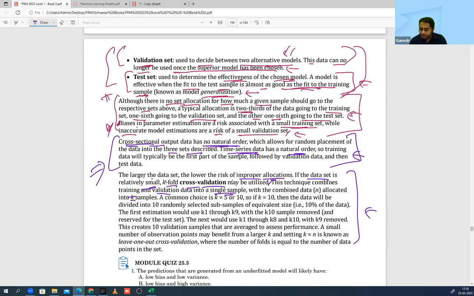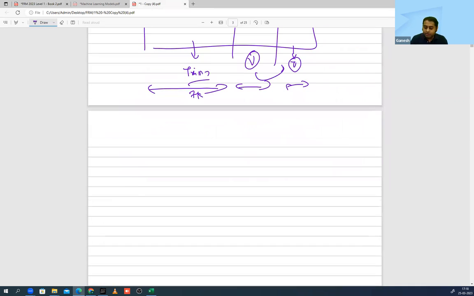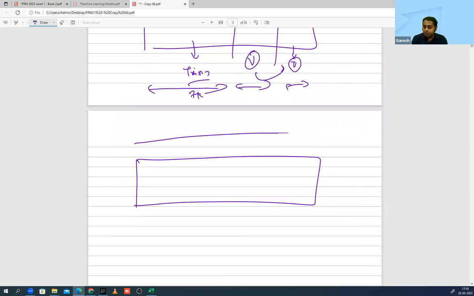Right? Next point. Okay. So now they have used K sample and N allocation. Okay. Very, very simple. Don't worry. A common choice is K of 5 or 10. Now, if the K is 10, okay, not necessary कि हर बार 5 or 10 होगा. Common choice बोल रहा है. Okay. Now, if the K is 10, that means I'm dividing the data into 10 parts. Okay. And what I will do is, I'll show it to you graphically. This is suppose my 100 data set. 100 data points available है. Now I'm saying कि I will bifurcate into जो भी 10 है, देख लोगे 10 है, मैंने create नहीं किया है. This is your 10 data set.